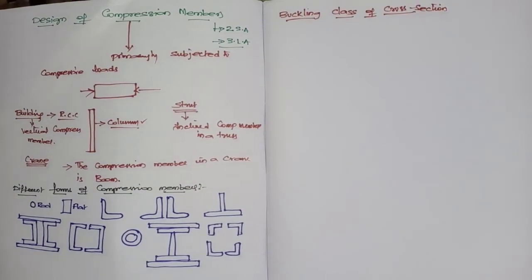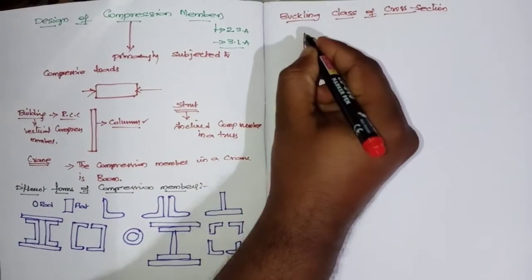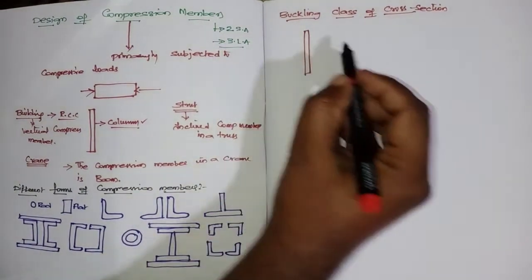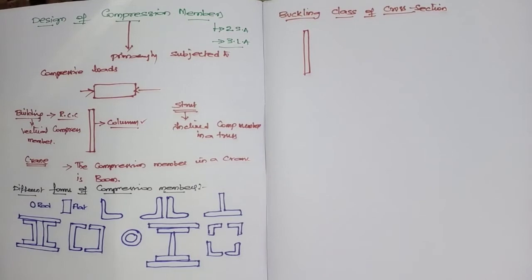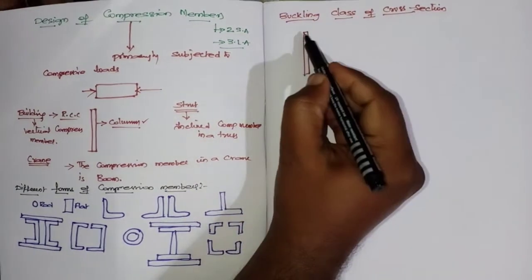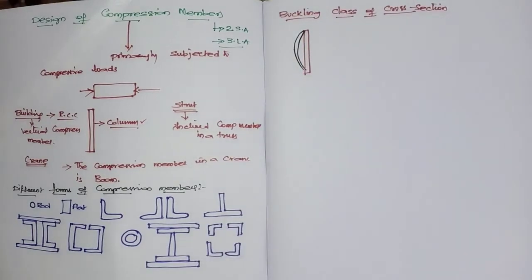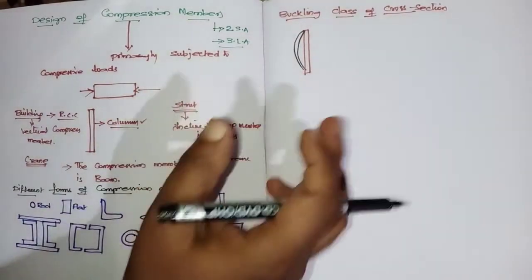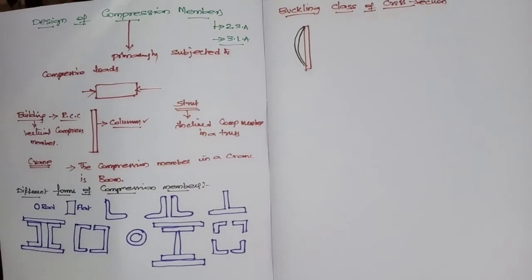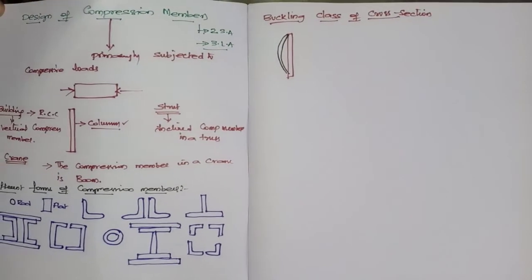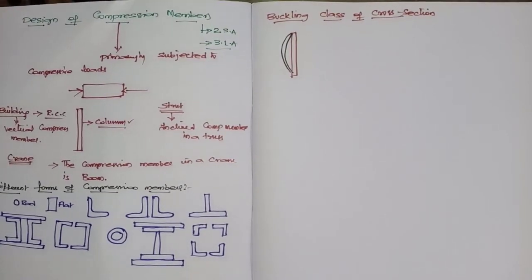Now, buckling means what? If a column is vertically placed, it may have a tendency to buckle like this. This buckling may vary according to the load coming onto the structure. Now one more condition is